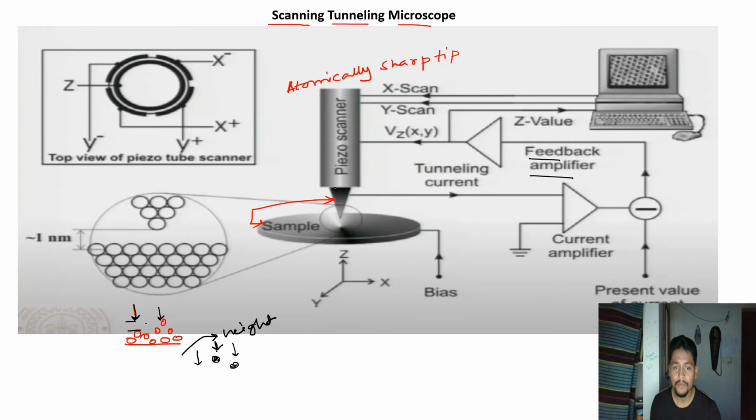So this is the basic thing of Z direction scanning, and X and Y are independent. It can move here and there. In every position Z is going through the feedback amplifier, that is dependent, and X and Y are independent. Now, to understand the scanning tunneling microscope,